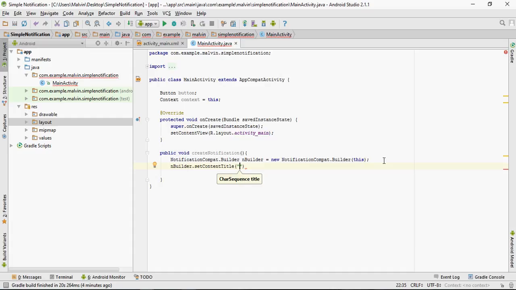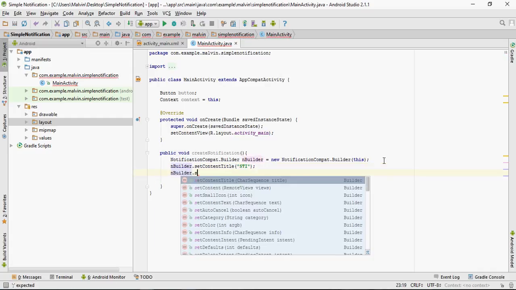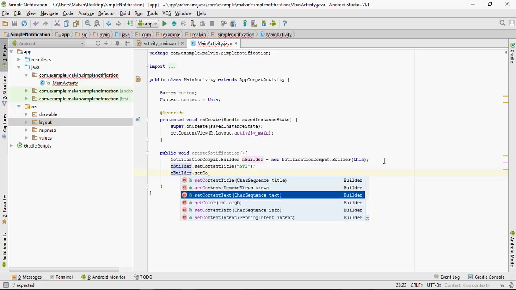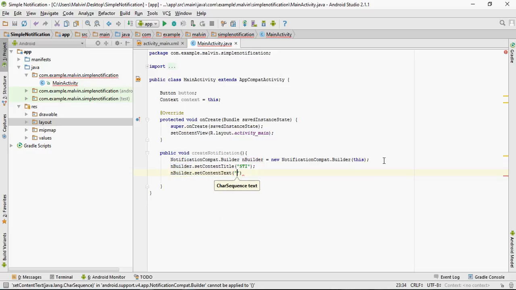So let's say STI, semicolon, and builder dot setContentText. So the message of our notification. So let's say aim high. So semicolon.